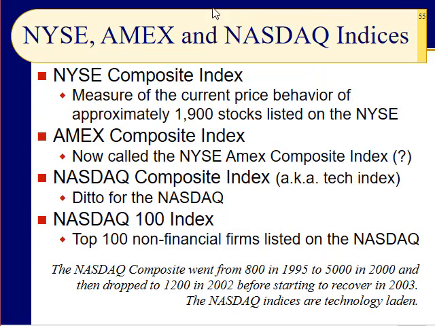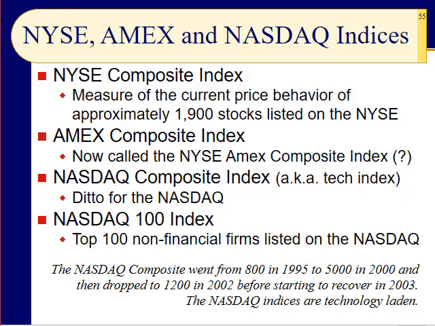Now, the New York Stock Exchange, the American Exchange, now called the New York Stock Exchange AMEX Composite Index. And remember, it's called New York Stock Exchange American Exchange, but they call it the New York Stock Exchange AMEX Composite Index. Why? To confuse people. And the NASDAQ all have their own indices. The one you'll hear the most about is the NASDAQ. And that's because it is tracking more or less the tech sector. And not all the companies in NASDAQ are certainly technology companies. Starbucks, Costco, but many of them are. So when you hear about the NASDAQ index, you sort of know that something happened in the tech world.